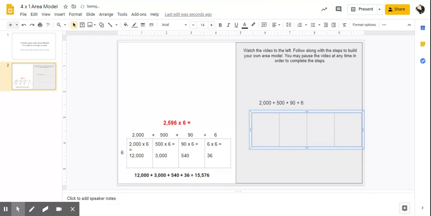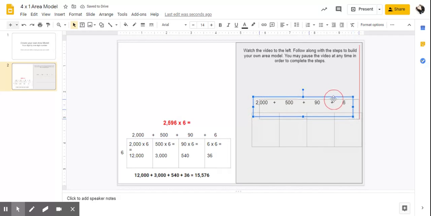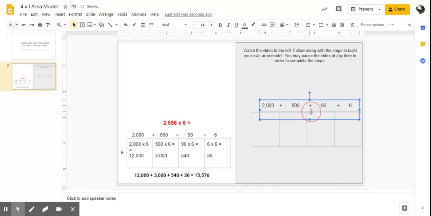All right, something like this, and then I'm going to make my numbers fit on top, either using the space bar or the tab bar. My 2,000 on top of the first box, 500 on top of my second box, 90 and 6 on top of my last box. Oops. Maybe need to extend that a little bit. All right, something that you're going to have to play around with, which is perfectly fine. So it should look something like this on top of